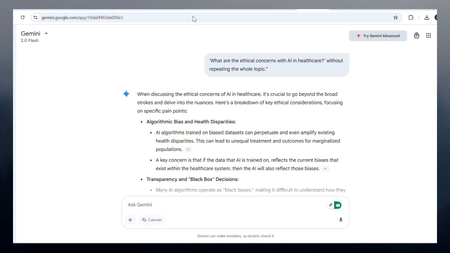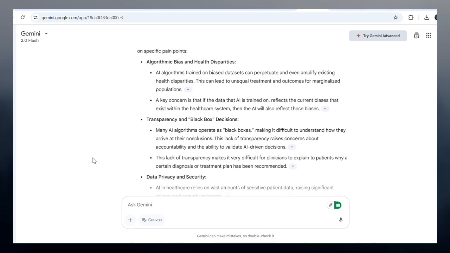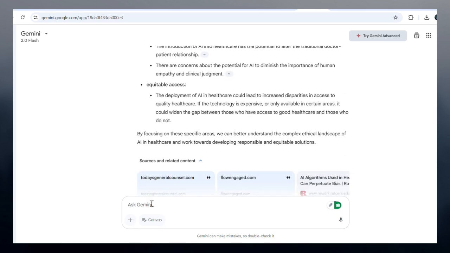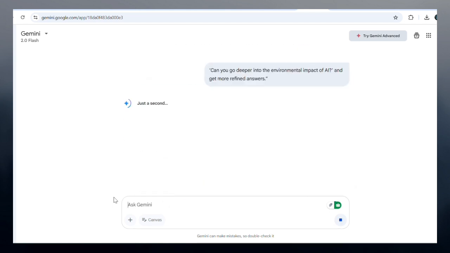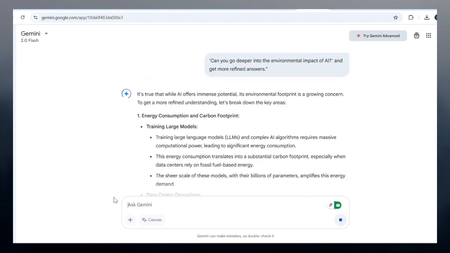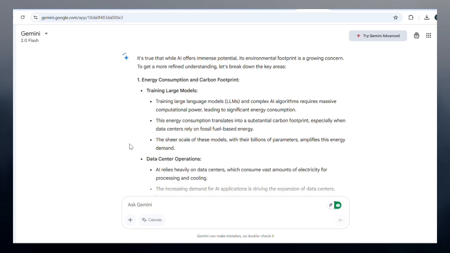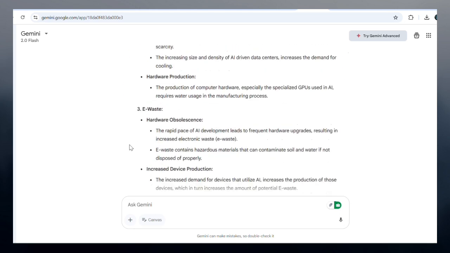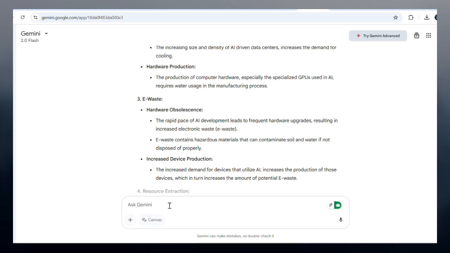If the response isn't exactly what you need, you can also ask Gemini to narrow down the focus to give more detailed information. For example, you can ask or command Gemini, can you give me more details about it? Then Google Gemini AI integrates Google search capabilities, so you can access real-time information,